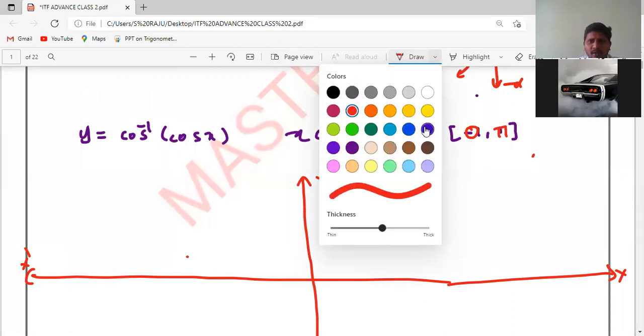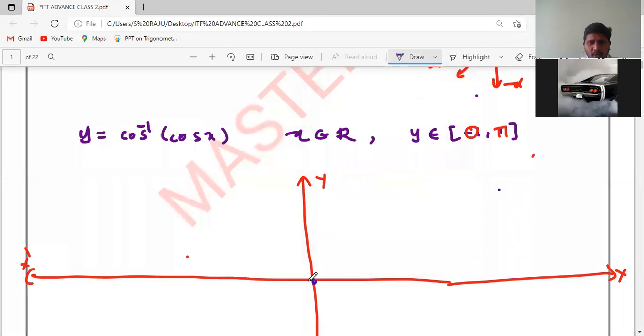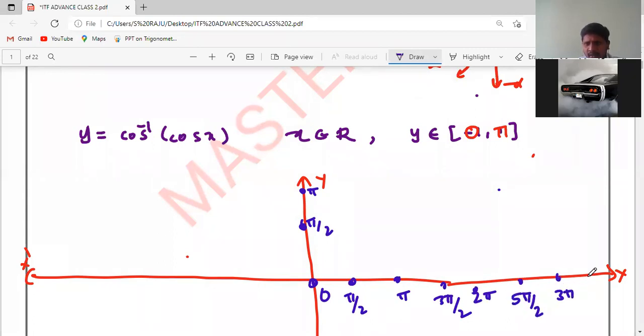Okay, the output is 0, here pi by 2. Here I take pi, then 3 pi by 2, 2 pi, and here 5 pi by 2, 3 pi, 7 pi by 2,